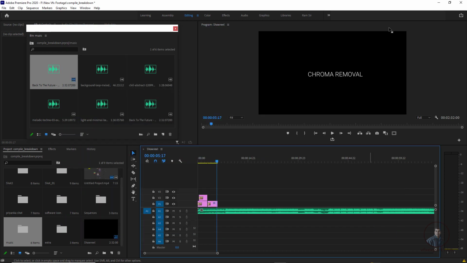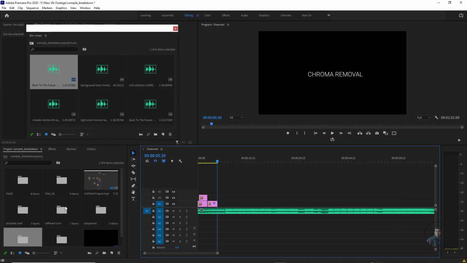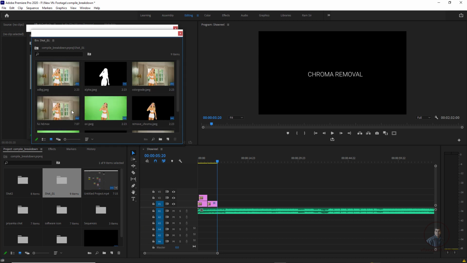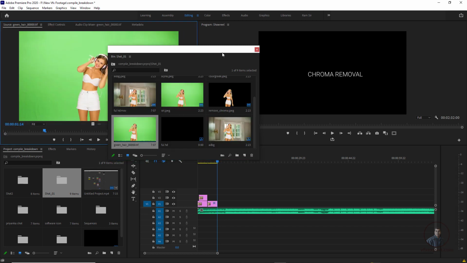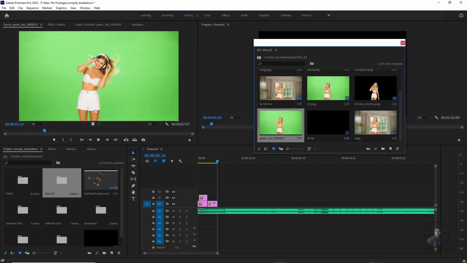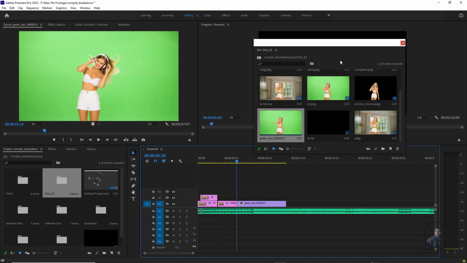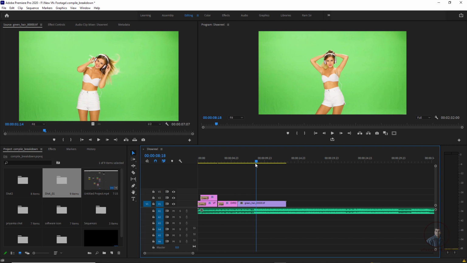Okay, so now first I am going to place our original plate here. So we have to search. In shot 1, this is our original plate here. Simply you can double click here if you want, so we can easily check it. Now select it and drag and drop here. Plus minus, zoom in, zoom out. Now close this one. A little bit of portion we only have to display here. So just trim this one here.